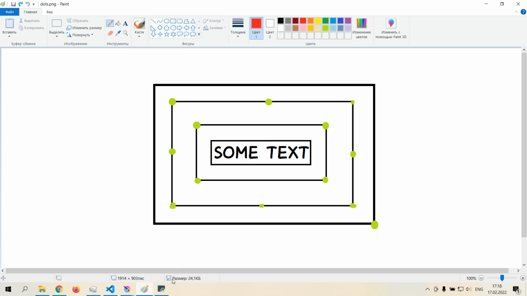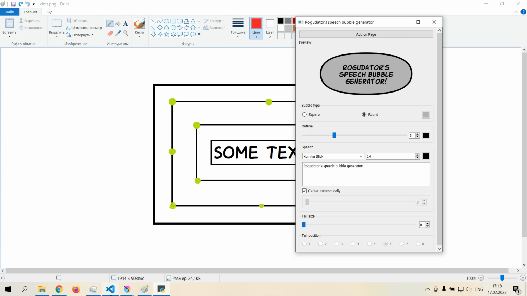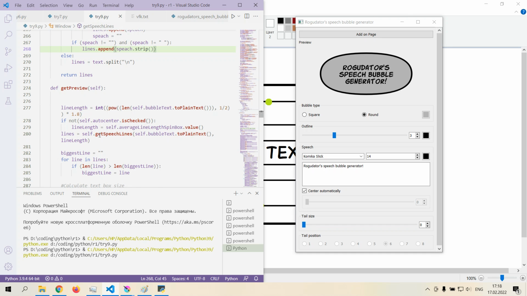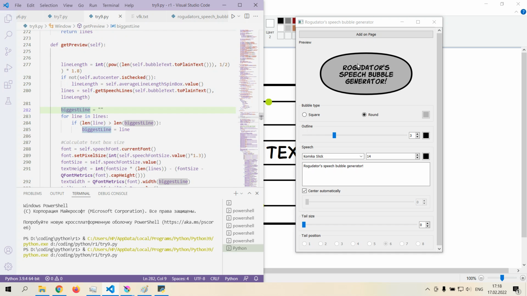So for the width, I go through the list and look for the biggest line, and later I will use it for the width. For the height,